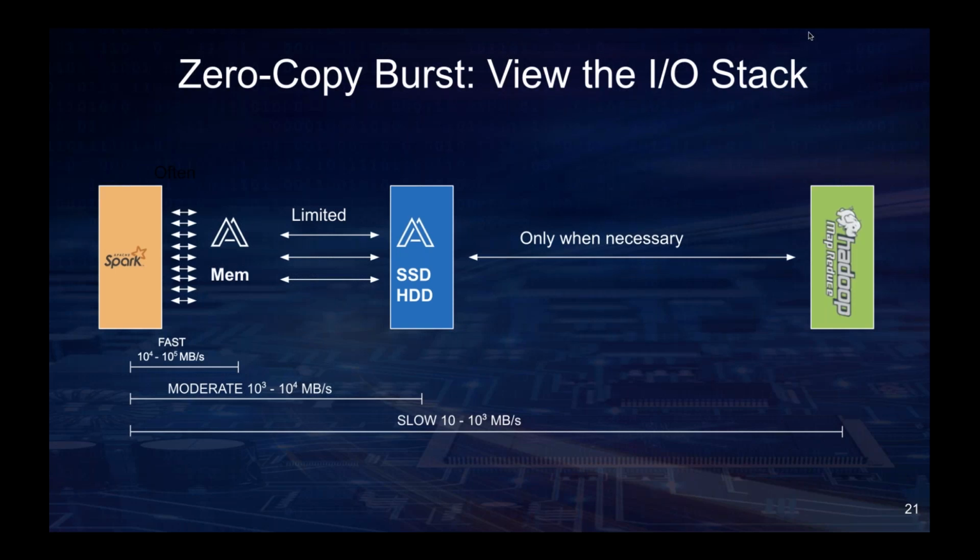So by having data cached in Alluxio space closer to applications, you provide much faster I/O, while also being intelligent about what data to access. For cached data you have already accessed or are repeatedly accessing, you can significantly reduce the time required to access remote data. So that's basically the key takeaway from the solution, zero copy burst.